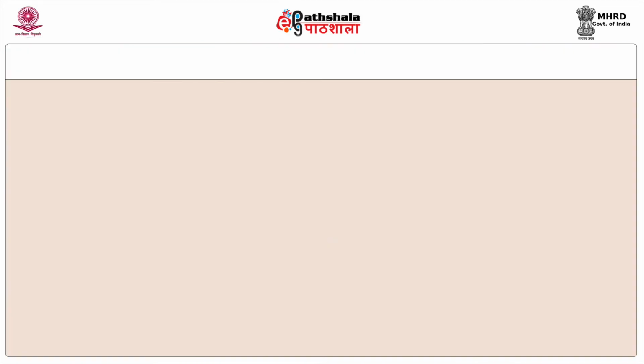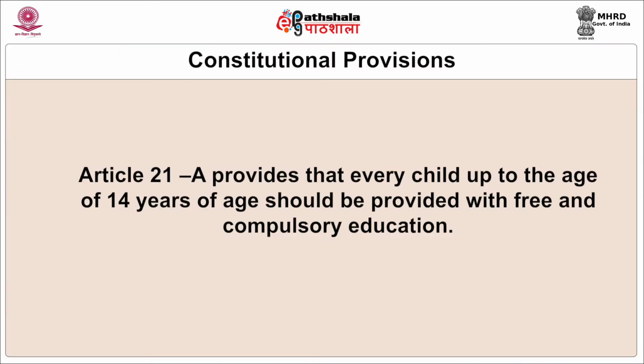A few other provisions of the Constitution provide that free and compulsory education needs to be provided to children, which indicates that children are supposed to be at school and not at the workplace. Article 21A provides that every child up to the age of 14 years should be provided with free and compulsory